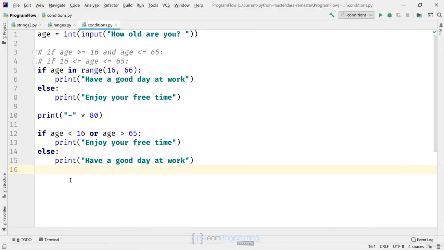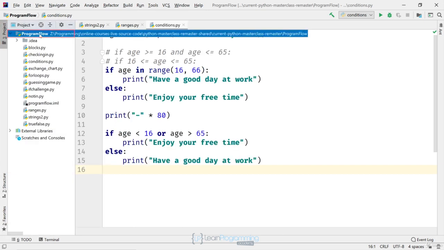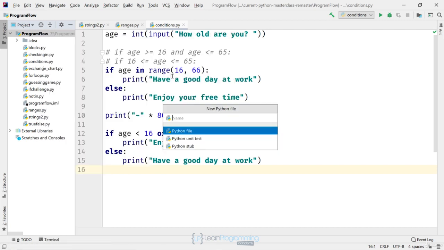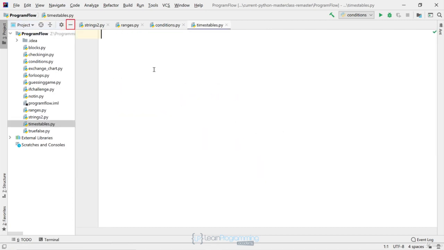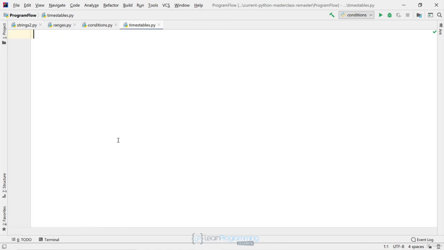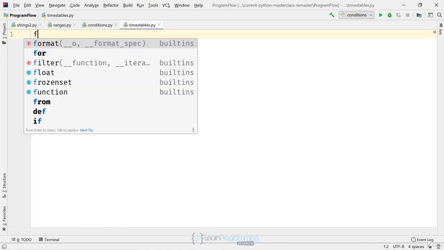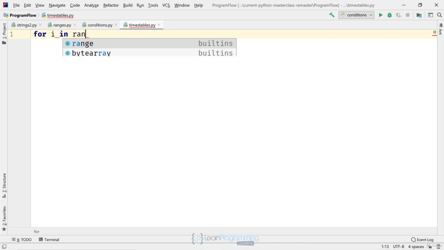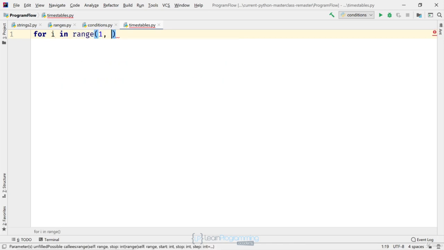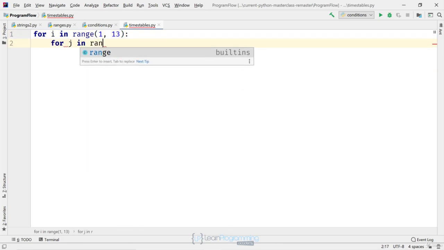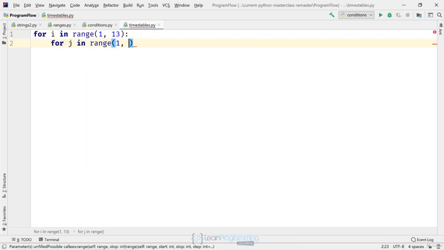So I'm going to call my new Python file timestables.py. Right, so in terms of the code, I'm going to start by typing for i in range(1, 13): Then on the next line, for j in range(1, 13):